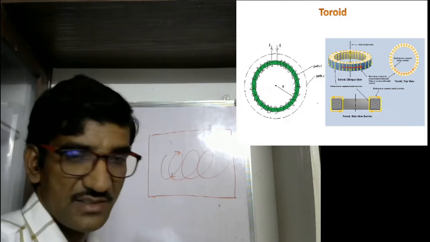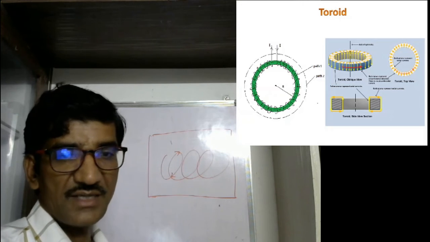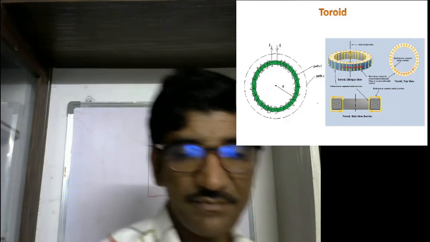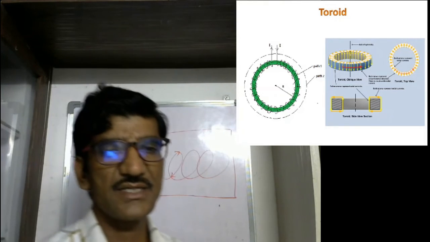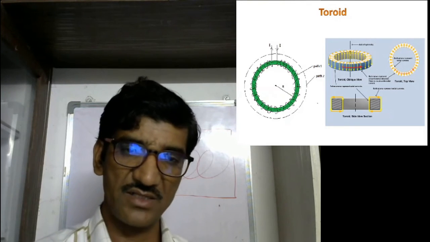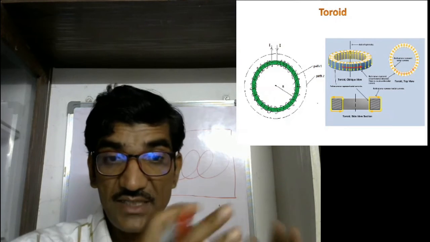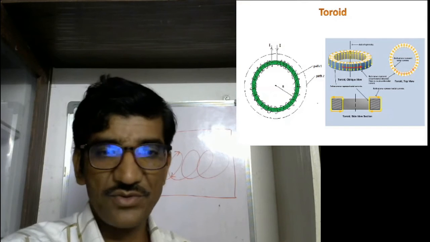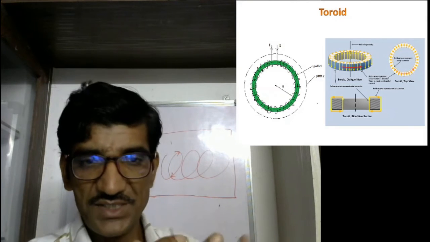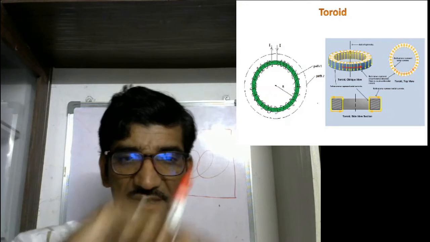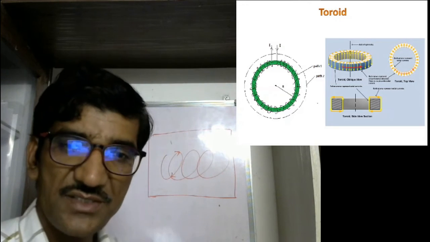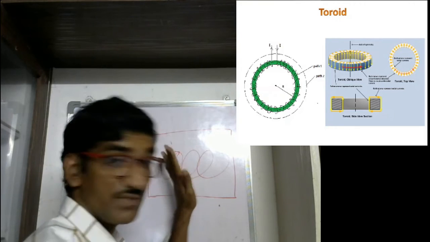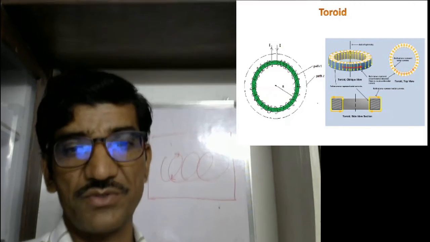In this way you can understand the magnetic fields inside and outside of the solenoid. It is very similar to Gauss law. Your charges should be inside the closed surface only. If your charges are outside, then you don't have any flux. Otherwise, if a force line is entering and leaving that Gaussian surface, in that case also you have no net flux. So your field will be zero. Here the same thing happens. You have to note that.